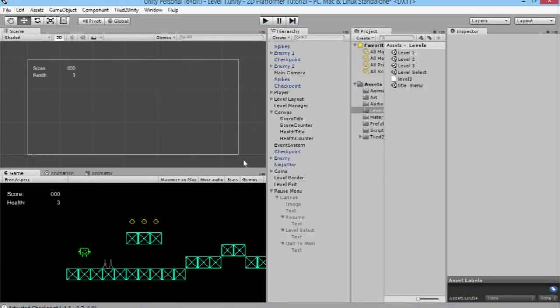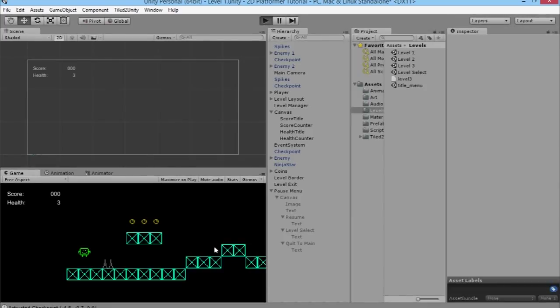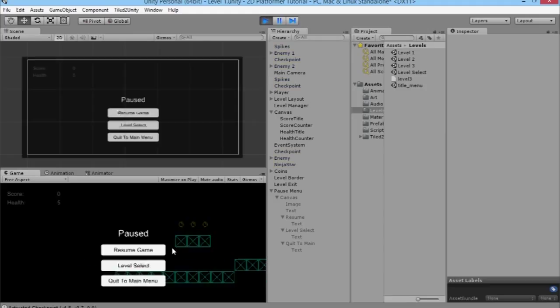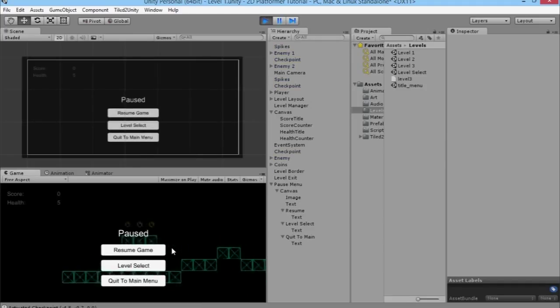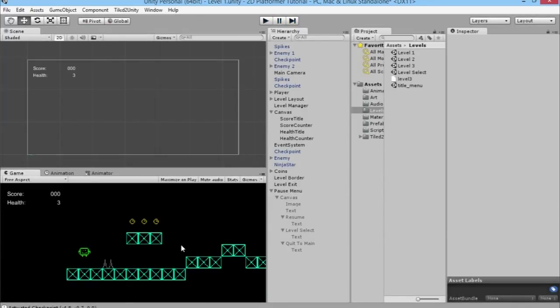But of course, the only thing is, if we run the game again here, if we pause the game, oh, we can still walk around and jump around all over the place. And the easiest way to stop that is basically just to change the speed of the whole game. So what you want to do is, it's currently running at a speed of 1, which is the normal running speed of the game. And what we're going to do is just set the speed down to 0 so that the game is paused